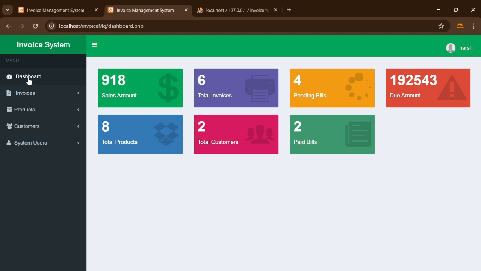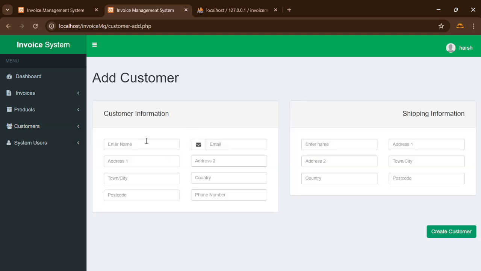Here's the dashboard where you can see quick statistics about invoices, recent activities, a navigation menu for accessing different features, system status and notifications. And below this, there is customer management. Let's explore the customer management section, adding a new customer with their details like I am filling here: address, town, pin code, second address, country name, and then phone number, email,